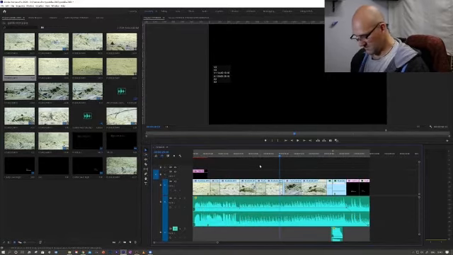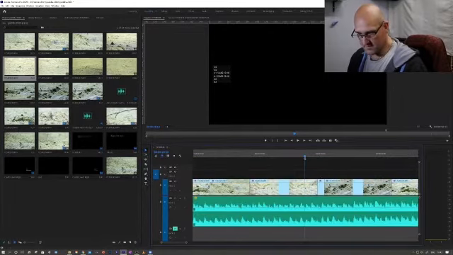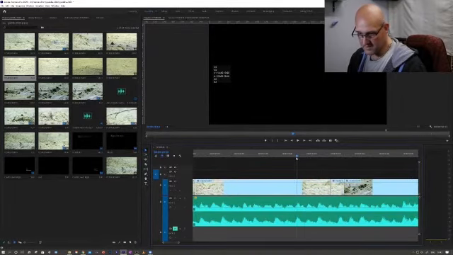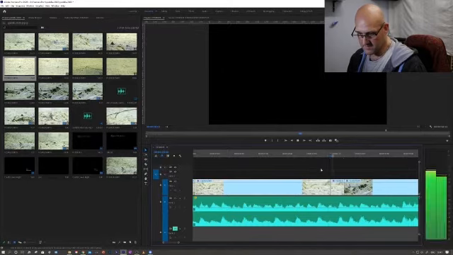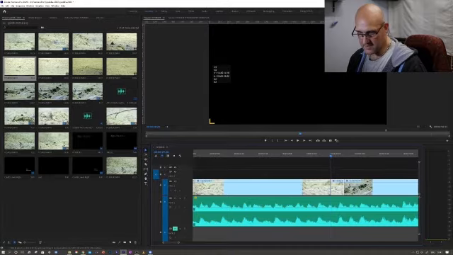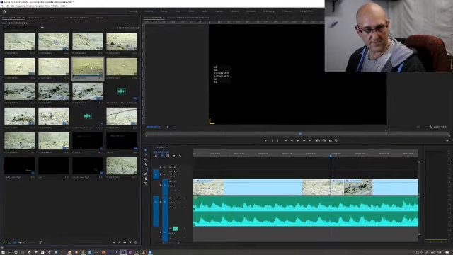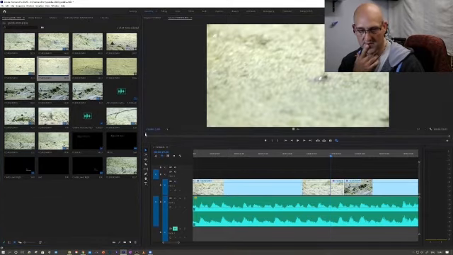Zoom into the timeline. Right there, there's a peak right there. So I made a cut onto this piece here, and I want to bring in a piece of footage that I haven't used anywhere else. So I'm going to look at this, and then we're going to try and find